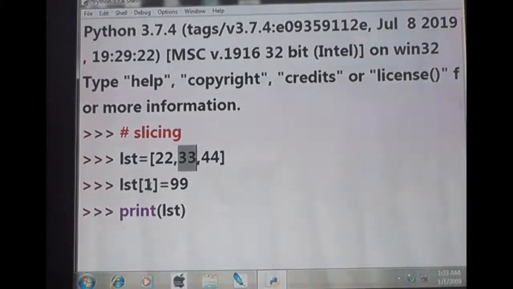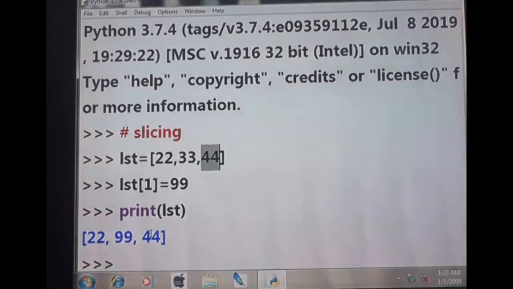So list of 1 equal to 99 means 33 will be cancelled and 99 will be inserted. So on enter, the answer is 22, 99, and 44 will come the same. Understand? Okay, hope you understand.